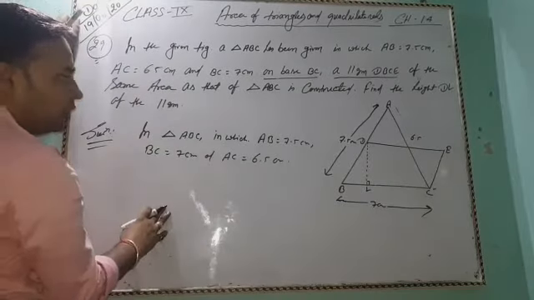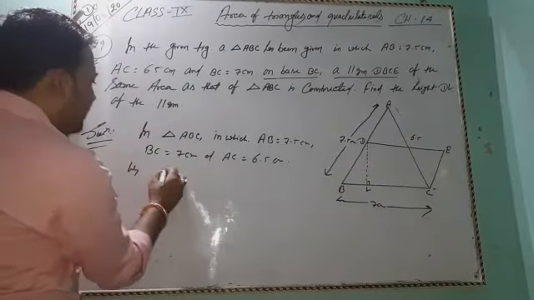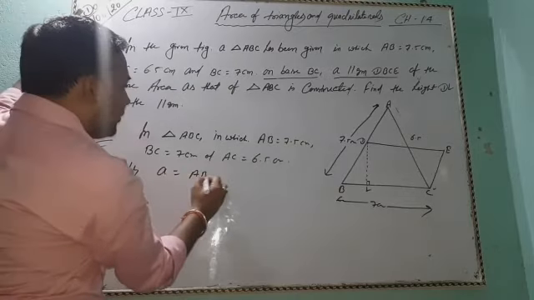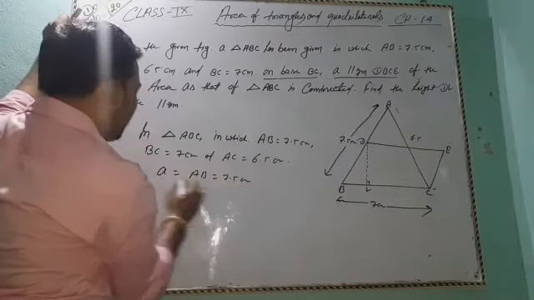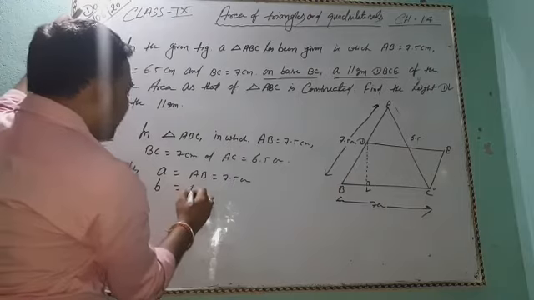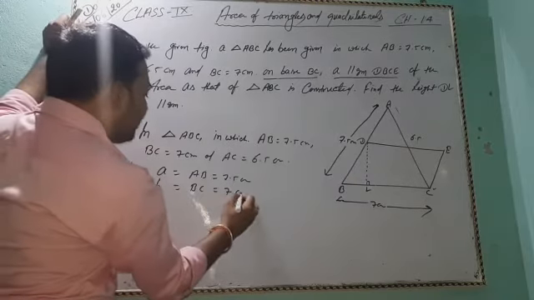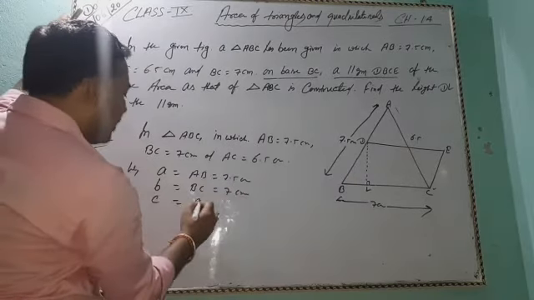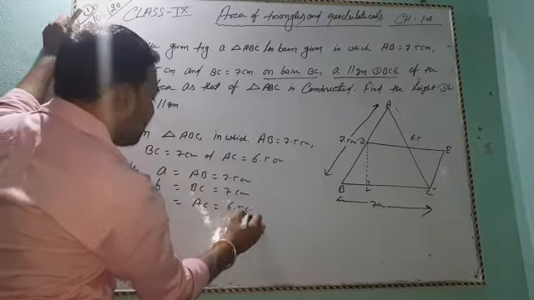Let a equal AB equal to 7.5 centimeter, b equal BC equal to 7 centimeter